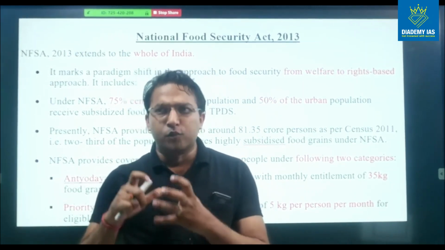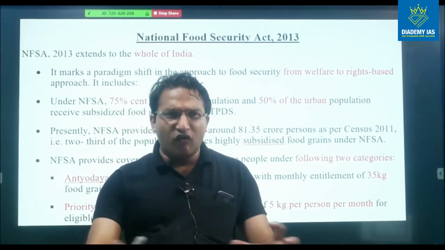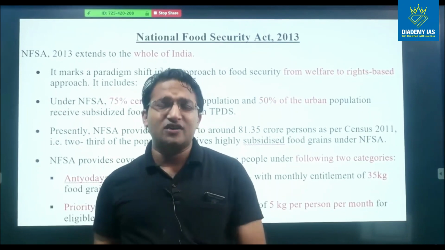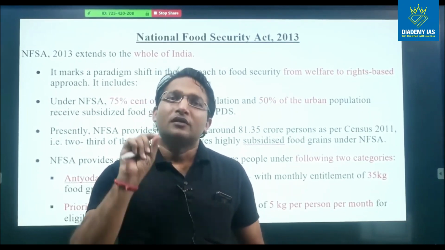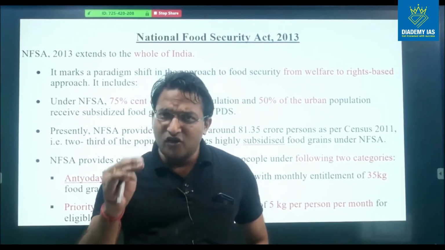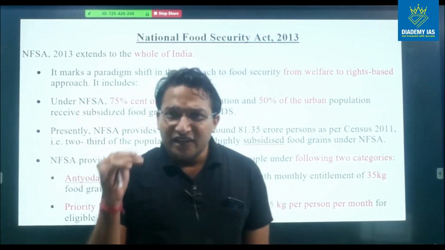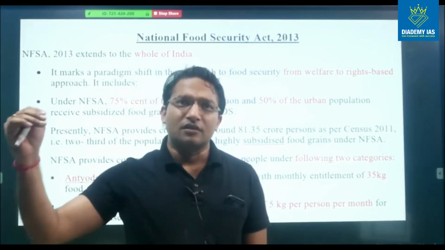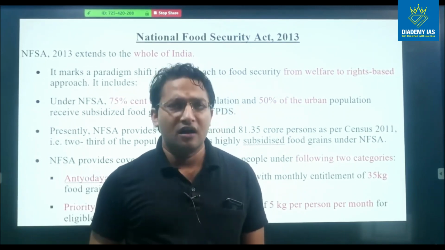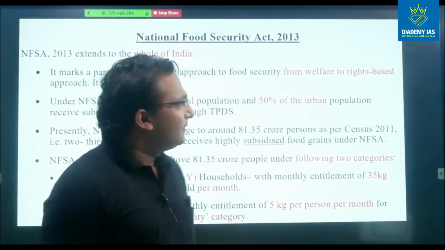The guidelines are provided to the state government. There will be uniformity of price, and uniformity in the minimum quantum of beneficiaries which every state has to select. So the price will be uniform, the criteria of identification will be uniform, and the minimum quantity of beneficiaries at the state level will be uniform. The beneficiaries can go to the commissions at district, state and central level, and their grievances will be heard. So a proper system has been laid down through this National Food Security Act, right?